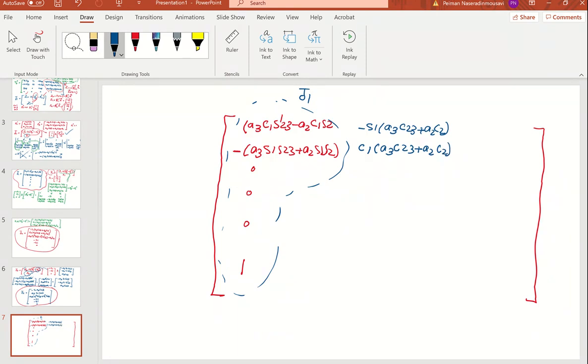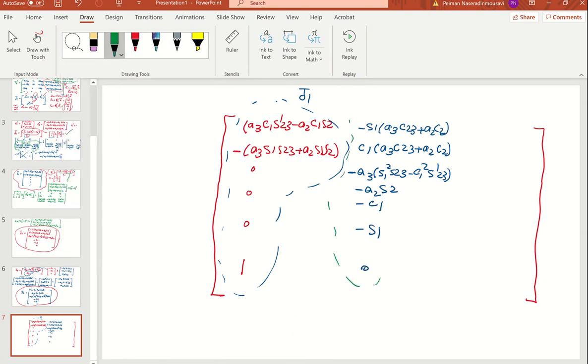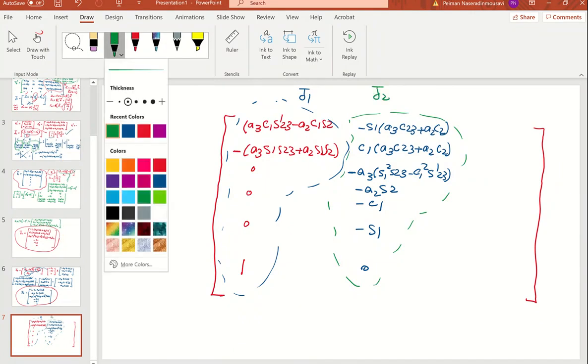and the third line is minus A3 sine 1 2 square S2 3 minus cosine 1 square S prime 2 3, minus A2 S2, and the other lines are minus cosine 1, minus sine 1 and the 0. So this was what? This was J2, and the third line was